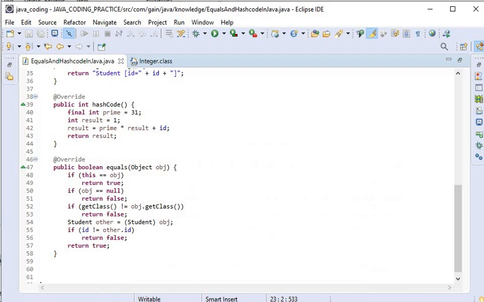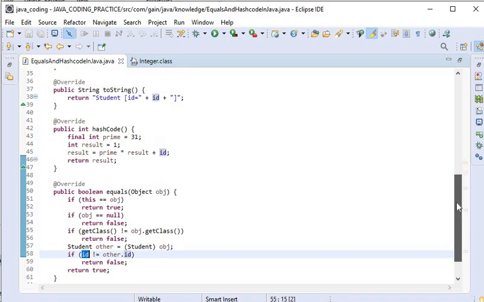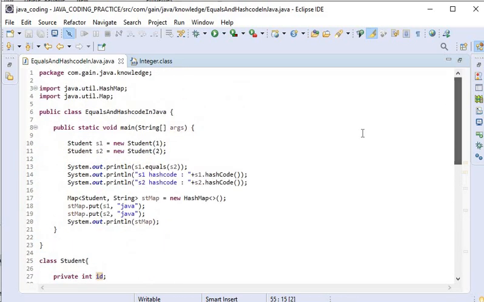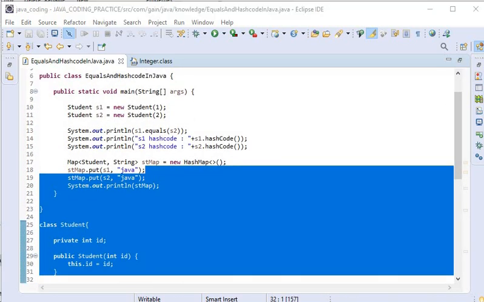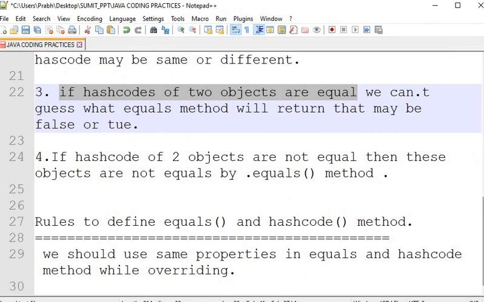Here we have used id, this property of the Student class, and while overriding the equals method we have also used id as a property. So we must use the same properties in both functions, hashCode and equals, while overriding. And these are the contracts and the rules to define the hashCode and equals methods.